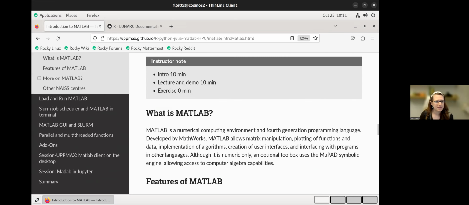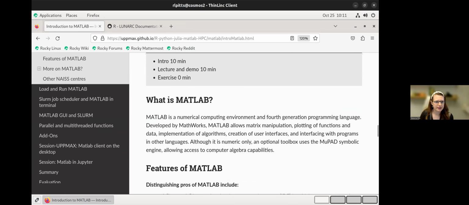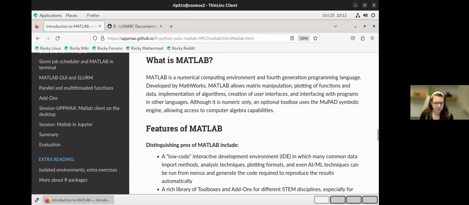So I think I will go ahead and get started with the general introduction to MATLAB. It's a numerical computing environment and a 4th generation programming language. So what do I mean by 4th generation? That's sort of a paradigm in the sense that